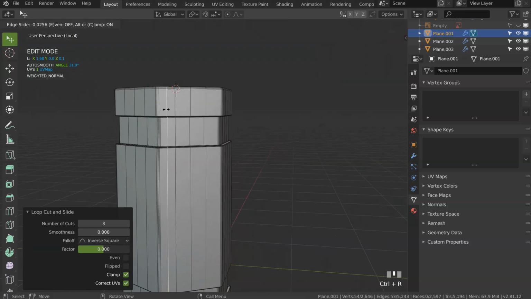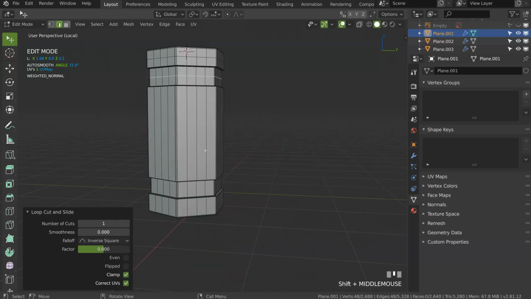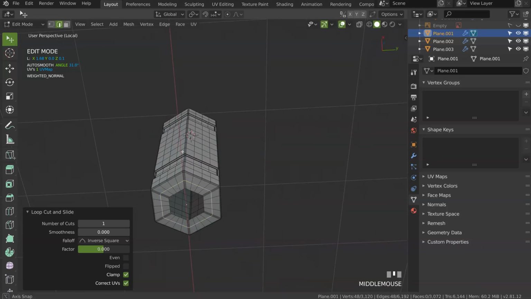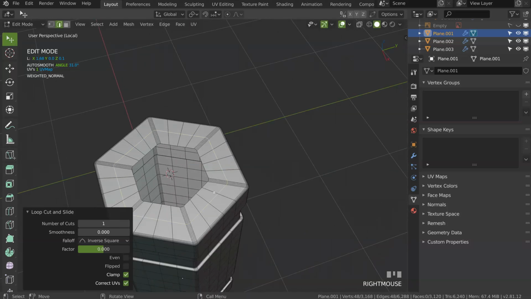Let's add a loop here, Ctrl R, hop. Ctrl R, add some segments. You're not obligated to do this, but I personally like to have something uniform, so it's really up to you.